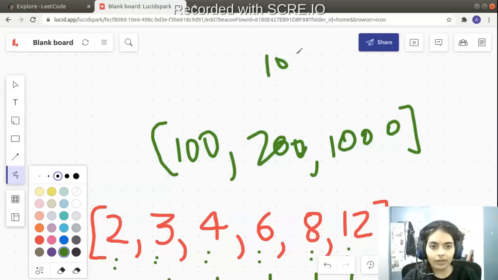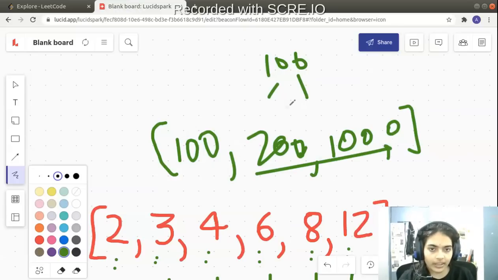You need two numbers to form this particular number. So using the smallest number, you cannot form any other binary tree.